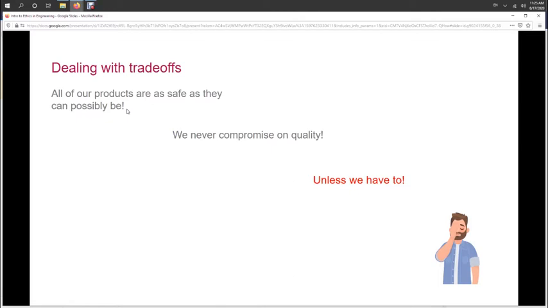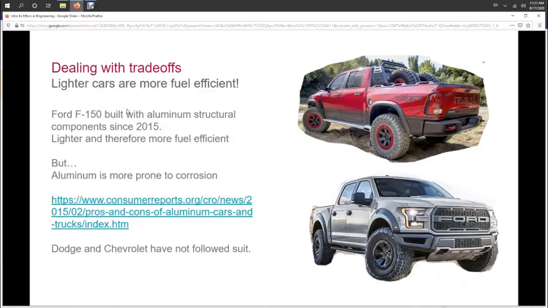You can say you never compromise on quality. We hear that in marketing slogans, for example. But in reality, we compromise on quality all the time. We compromise on safety and on quality. As consumers, we do it in the choices we make, how we choose to spend our money, and engineers reflect those choices as well. So here's an example of a trade-off.